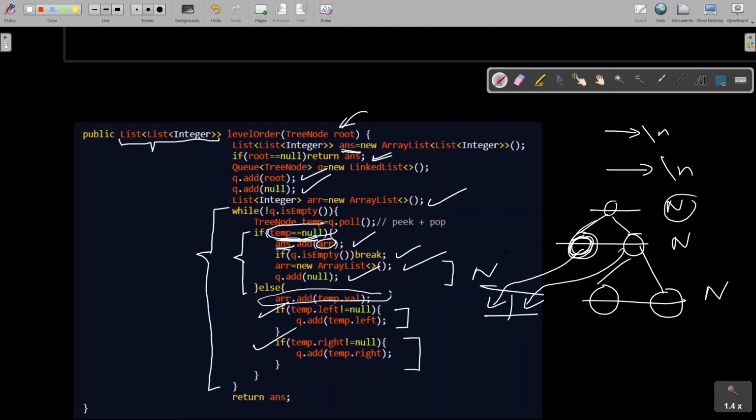Don't worry, I'm going to dry run this code on a sample input. So this code should be quite clear to you before doing a dry run on a simple test case. You can pause the video for a minute and go through this code once so that you get a better understanding of the example when I go through that. So fine, let's go through the dry run part of our code.